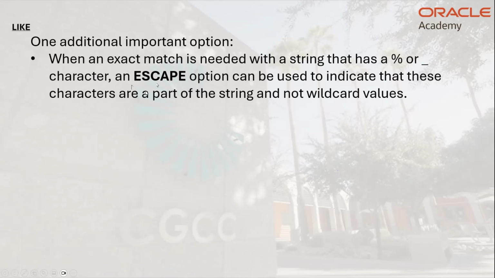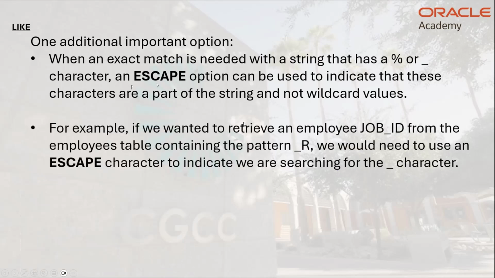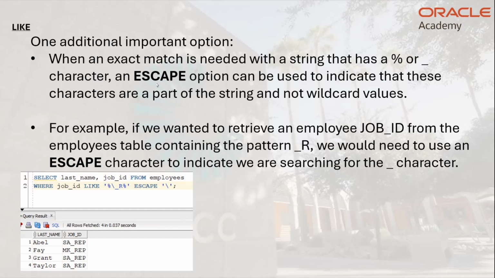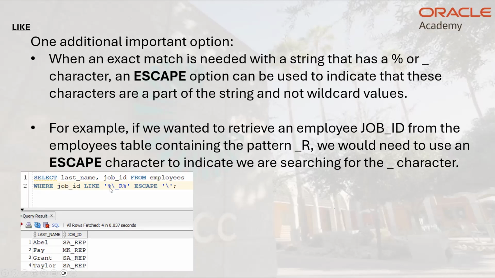That's the backslash. So if we're looking for a very specific pattern, we can use the backslash with the word escape, and it will find exactly a single character, anything before this underscore R,